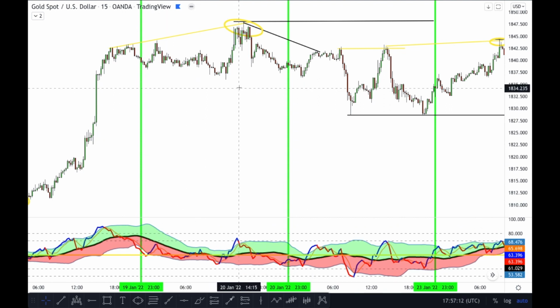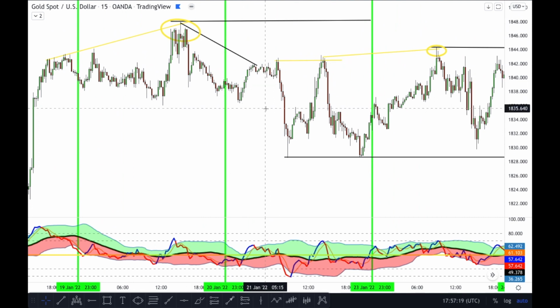Again, you would have been in on this exactly when the TDI turned to the red color, and then you would have been able to catch this beautiful sell going all the way down. Where you're looking to come out of this trade, you could have come out of it here, or you saw this first exit point right over here. If you did want to hold it better because you was good with trade management, then of course you had another exit right over here at the bottom, as you can see.